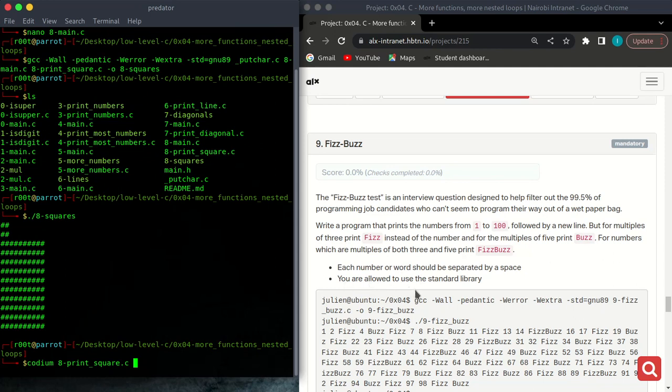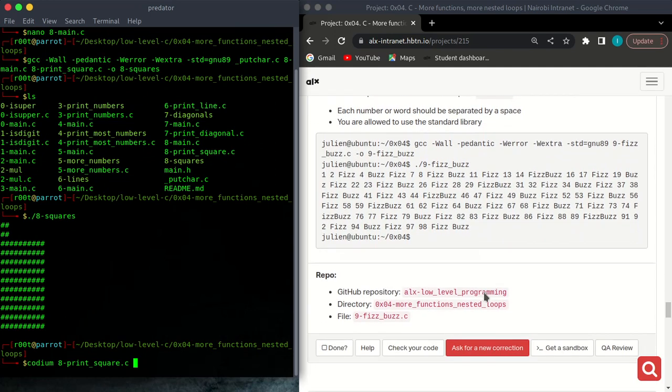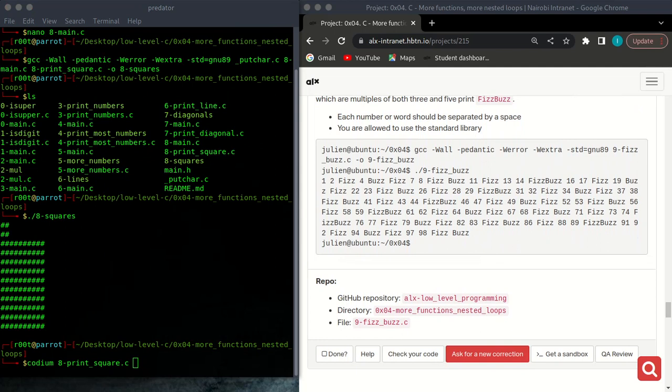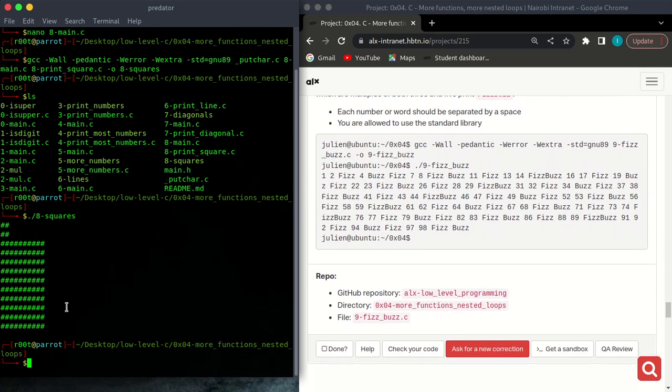You are allowed to use the standard library. So that's really nice. Here we are allowed to use the standard library like stdio.h. So real quick, I'll jump to my terminal, and we are not provided with the prototype. So yeah, it's nice. So I'll just create the file called 9-fizz_buzz. So just nano